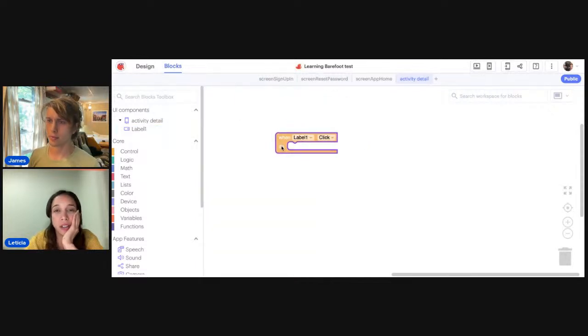Sorry if I'm jumping ahead, but is it going to be something we click again to go somewhere? Or something that already opens with the detail of the activity we clicked previously? That's a great point.